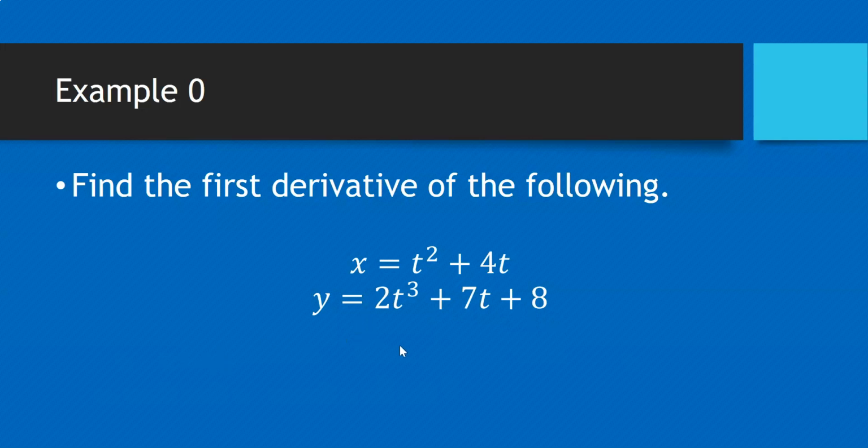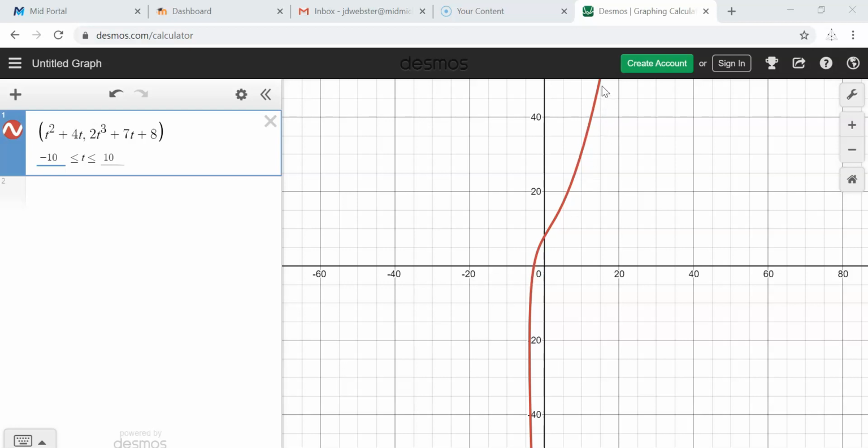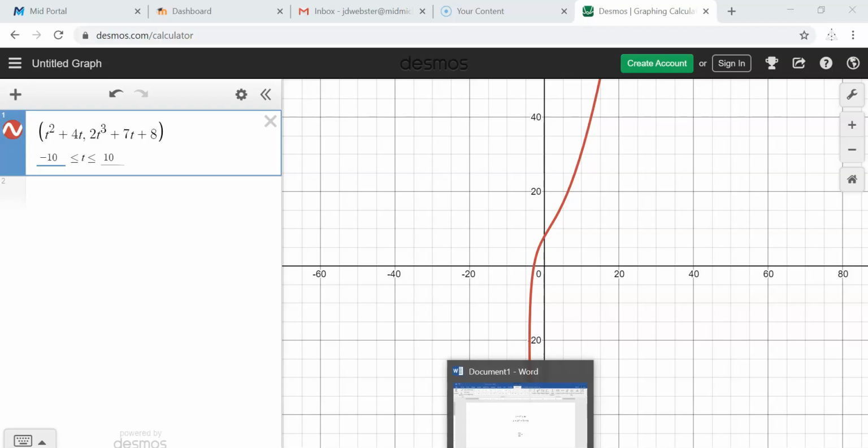pair of parametric equations, obviously it's going to be hard to solve and get a function of t. In fact, if you graph this thing, let me show you the graph of this thing. Here's what it looks like. You get this weird looking curve, and notice how once you hit this spot here, it goes back down, and this is not a function. So it would have been very hard and difficult to try to create functions that you could take derivatives of with those